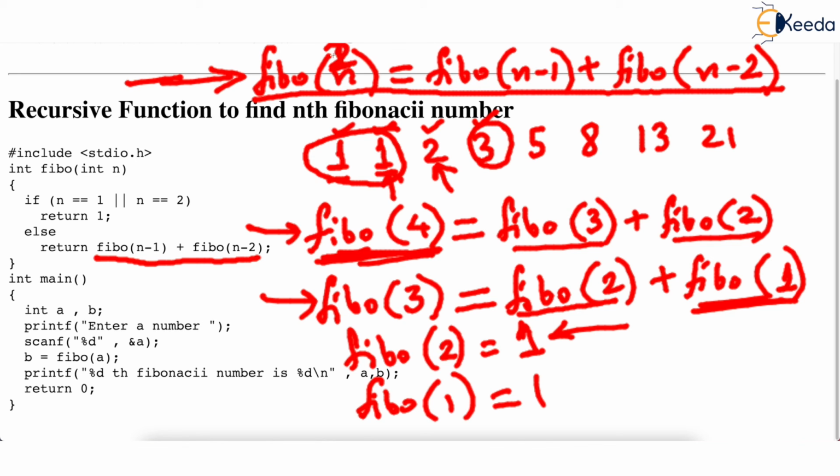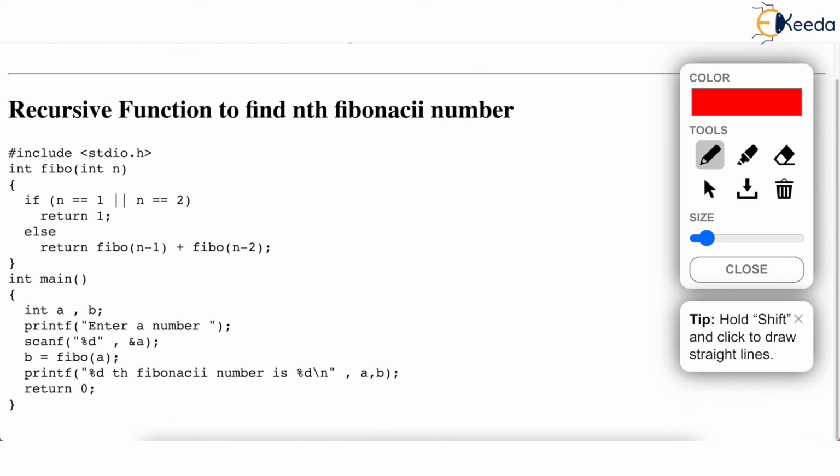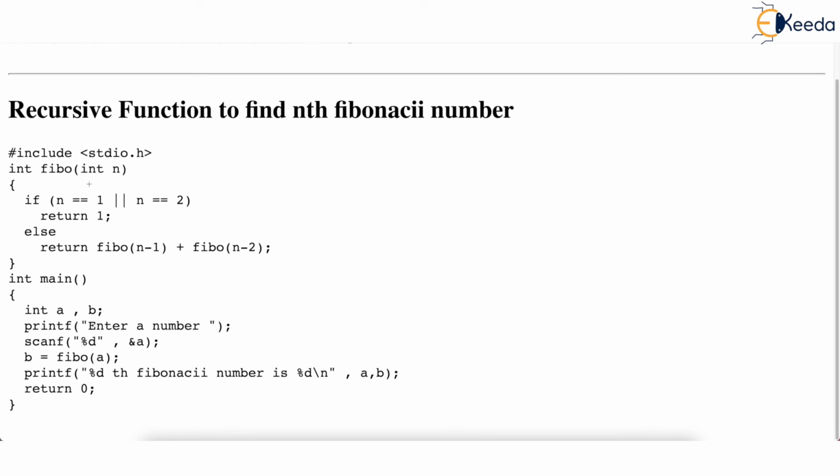Sorry, I am overwriting a few things. When n is 2, then actually you want to know the second Fibonacci. And the second Fibonacci is also 1. Hence, we get the recursive function finally here. This is so easy now. If you are asking for the nth Fibonacci, then first check the base case. If you are asking for the first Fibonacci or, check the OR operator, the second Fibonacci, then don't do recursion but return 1. Otherwise, return the n minus 1th Fibonacci plus the n minus second Fibonacci.